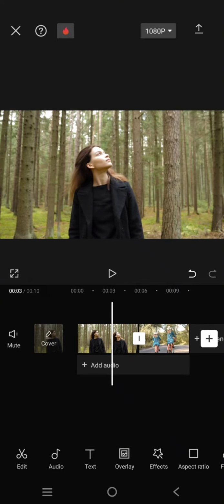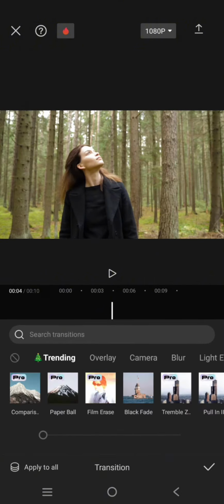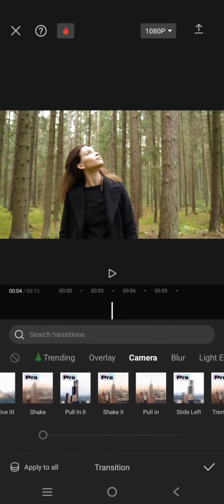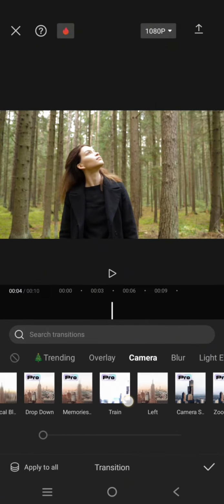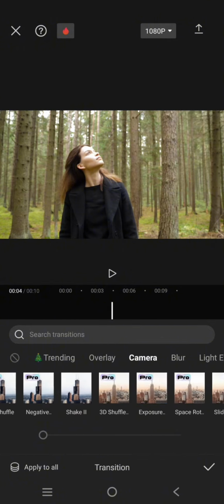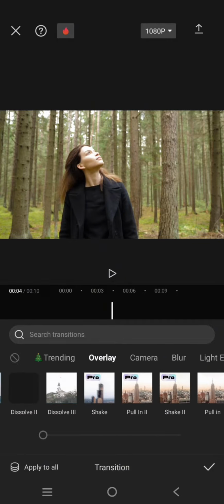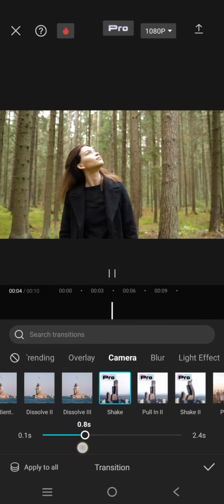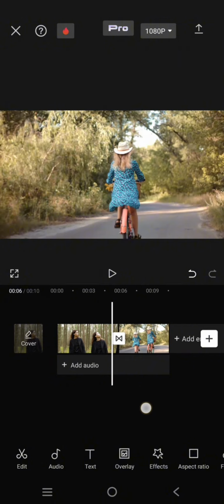So just add 2 clips like this or more, and after that click on the transition box in between the clips, and here click on the camera category and then add the shake transition. Okay, this one, and adjust it for 1 second. Click on the check icon, and now